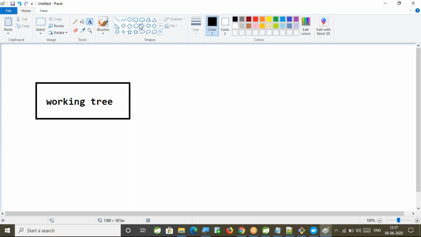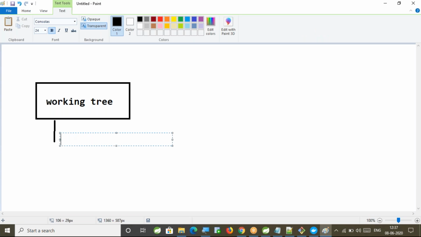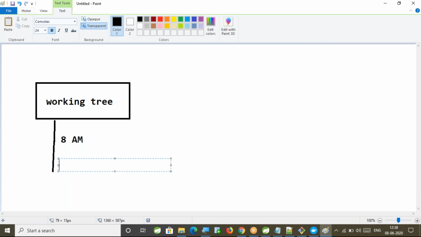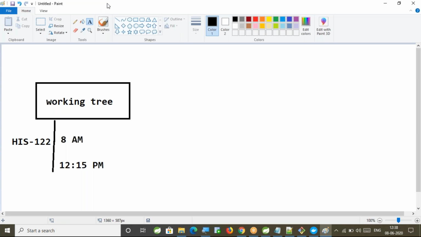Now I have started working with this from 8 a.m. Few changes I made to this working tree by 12:15 p.m. These changes are for HIS 122.